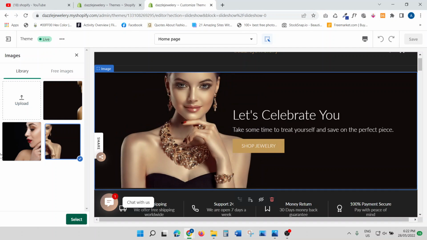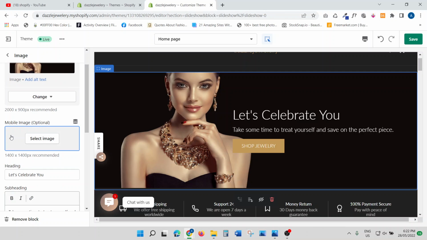"Let's celebrate you." Select. Here you have an option which says mobile image, optional, and it says to select the image. What this basically means is that you can have another image which is like this and put it over here, and the recommended pixel size is 1400 by 1400. Now, you'll obviously have to go to software like Canva or Adobe and actually resize